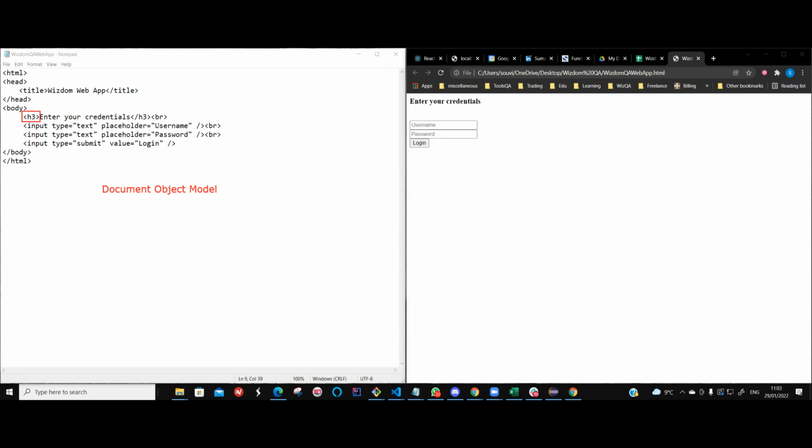H3, you're closing H3, BR, input. These are all HTML tags. Looking at the tag and its corresponding attributes,